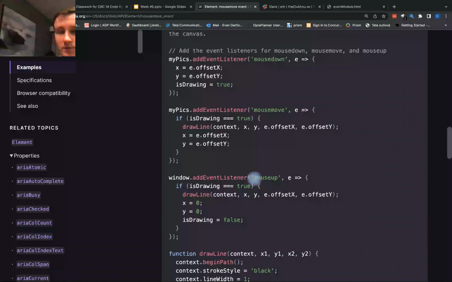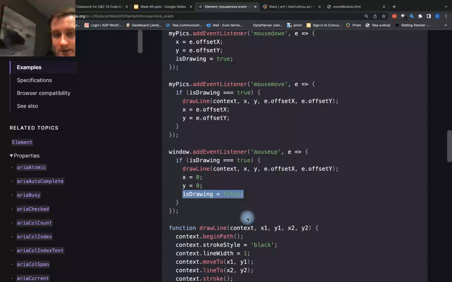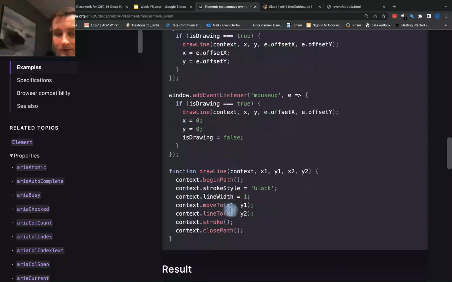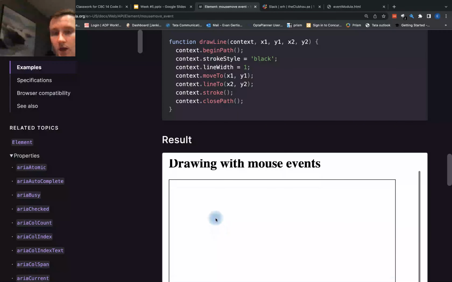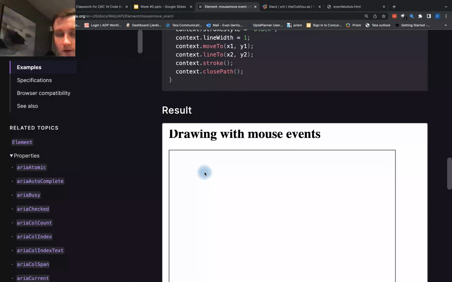Now we have an example where if the user clicks mouse up and isDrawing is set to true, then isDrawing is set to false, so it undoes it. And we have an example of drawing lines. So context.beginPath is where the line drawing gets started. We go through this and it will draw a black line. So here we go. We can try and do,